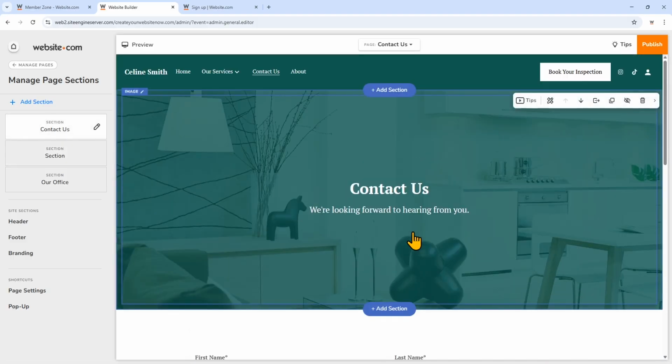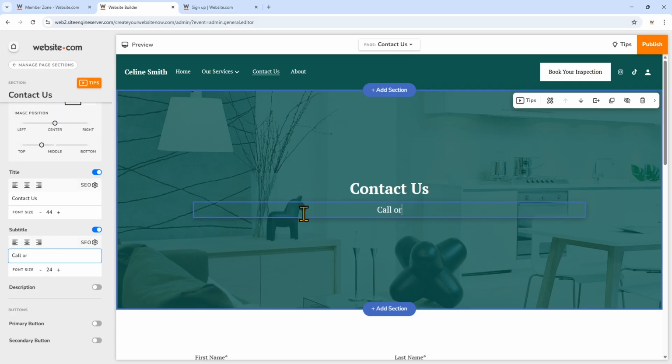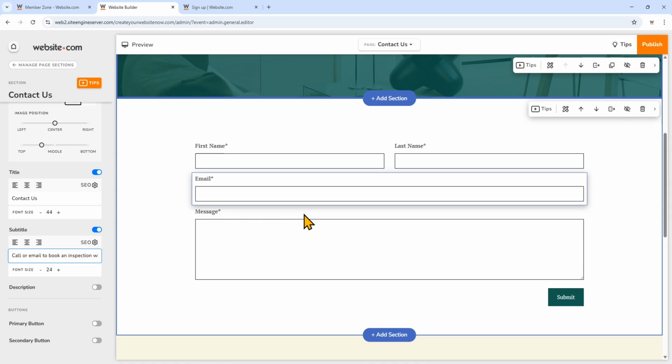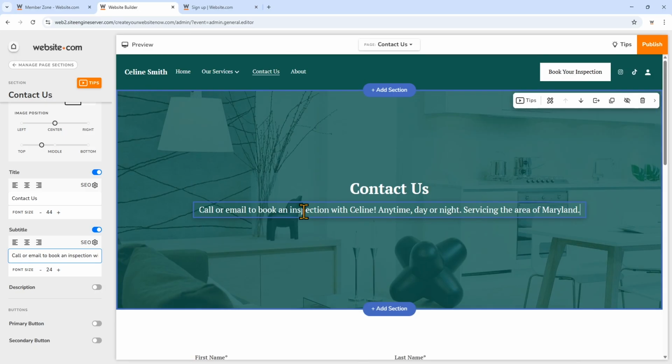Now let's scroll back to the top. Now let's add more important information about how to contact you so that you don't waste this important space above the fold. So you can go ahead and slowly customize the content on your site, but one thing I want to point out is that this template currently includes booking, so it allows customers to book through your website. I'll drop a video link in the description to show you how to edit your settings for online booking, which makes it super convenient for any client.